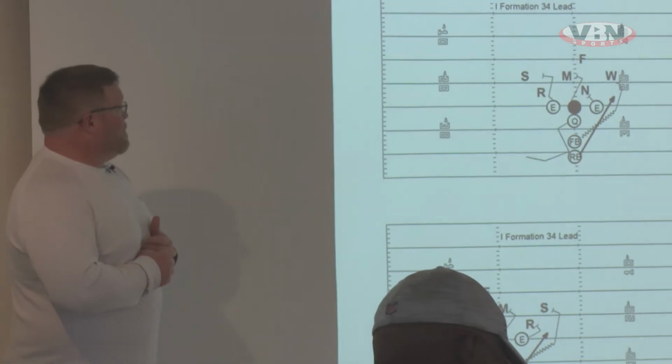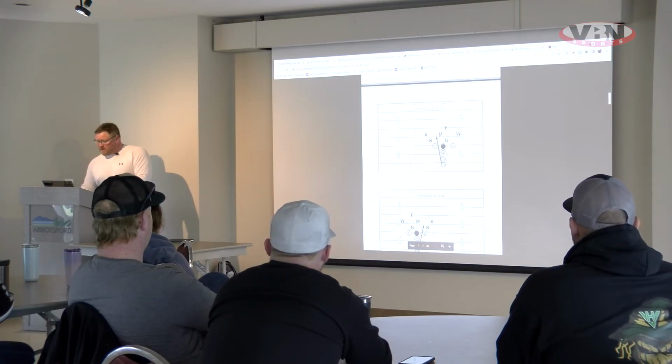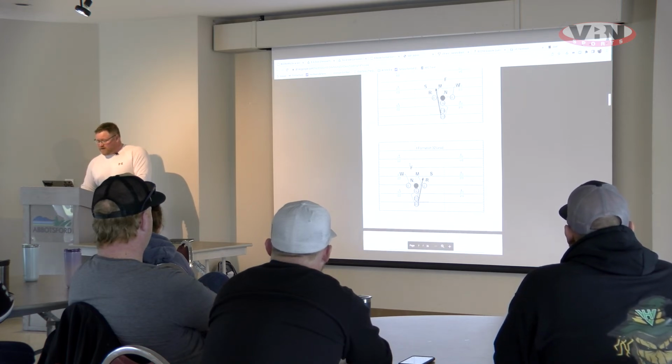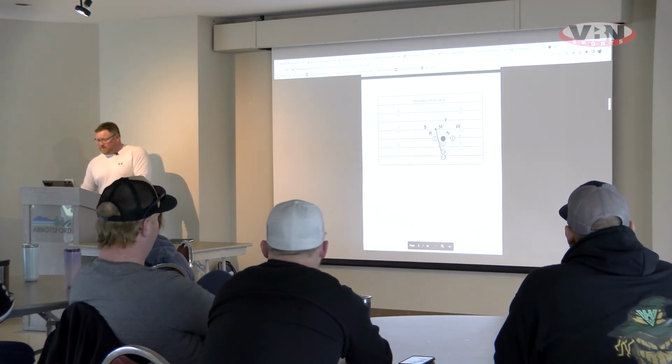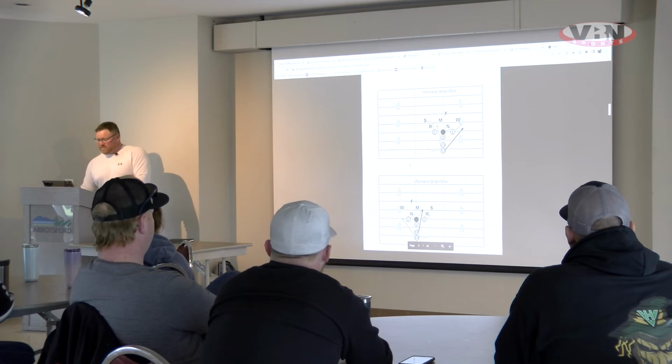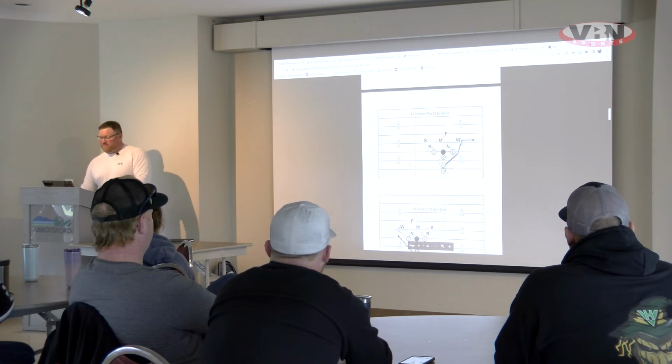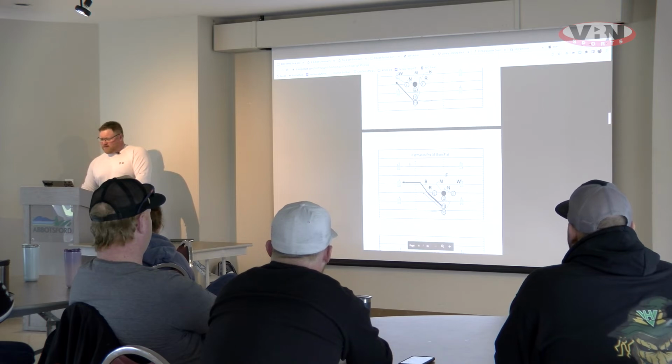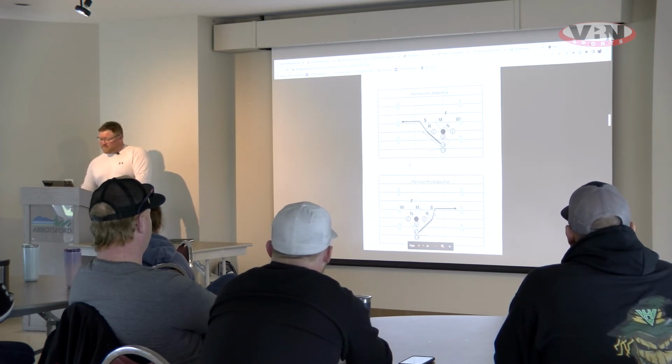So that's our basic playbook as it goes here. I don't know why this formatting got a little messed up here, but that's 33 lead, 31 lead, 21 split dive, so the fullback's getting the ball. 34 split dive, the tailback's getting the ball. Play action in the flats. Fullback's in the flat. We have to figure out how this is formatted. This is not what I'm used to seeing, but